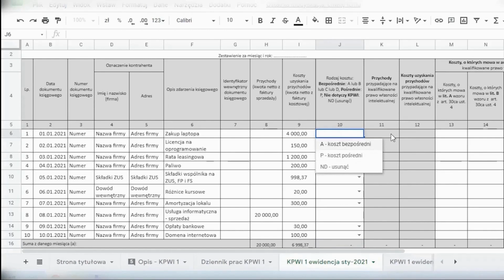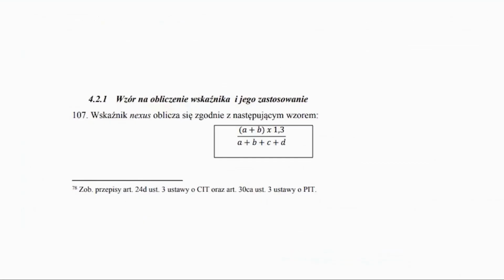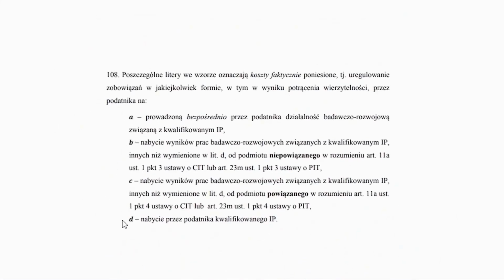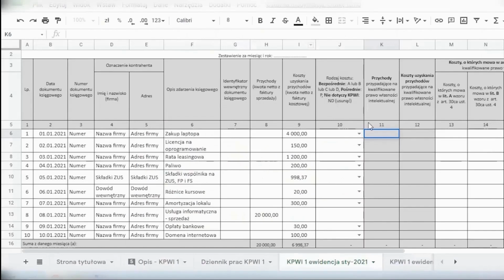For the purposes of the IP box, we have two types of costs. Direct costs are the costs that are also included in the nexus indicator. We have 4 letters here, A, B, C, D. For programmers, in a sole proprietorship, we usually only have costs from the letter A, and according to the nexus formula, these are costs incurred directly for the research and development activities they conduct, aimed at creating a computer program. Such direct costs can be expenses